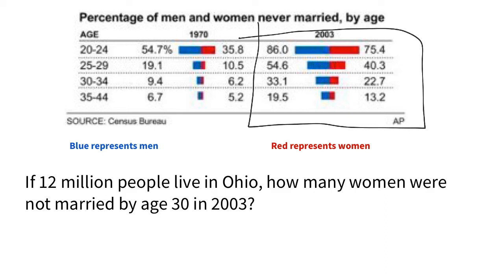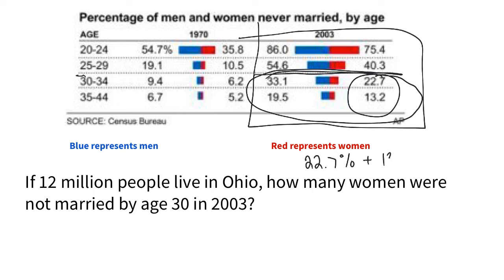So for this one, we have to pay some really close attention. We need to see that these were the people that are not married by 30, right? And we need to figure out how many women. So this red is the women, and this is the number of people. So we know that people not married between 30 and 34 was 22.7, and between 35 and 44 was 13.2. So the first thing I need to do, because I want to know the people who are not married by 30, is I need to add these together. So I'm going to do